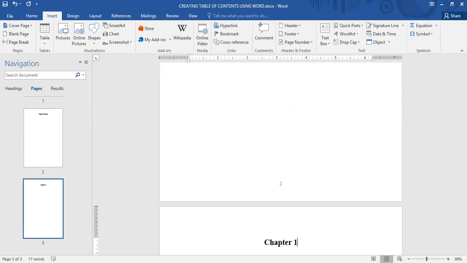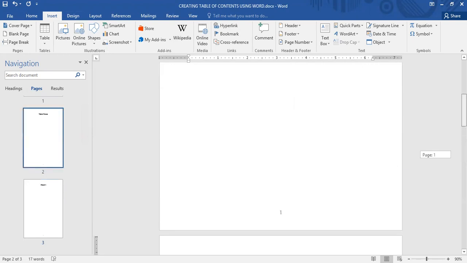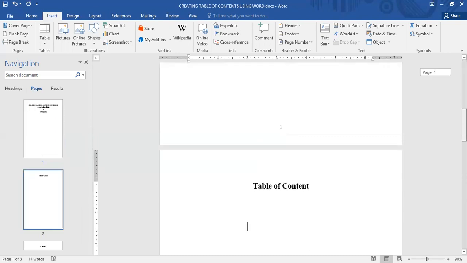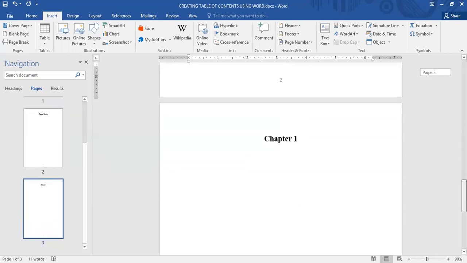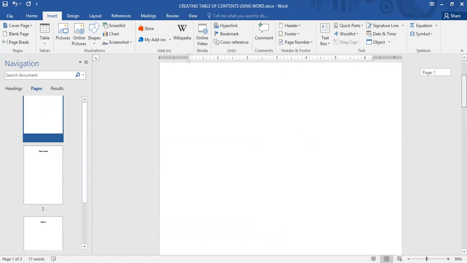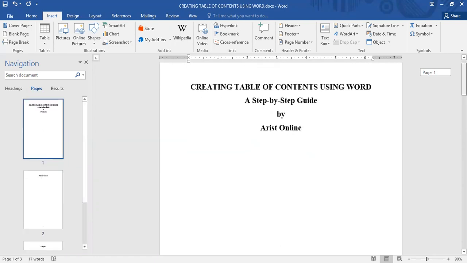So essentially, having these 3 pages will help us delimit our document in a way that we'll know this is the cover page. The following section is the table of content, and the last section would be the main document. However, point to note, our cover page